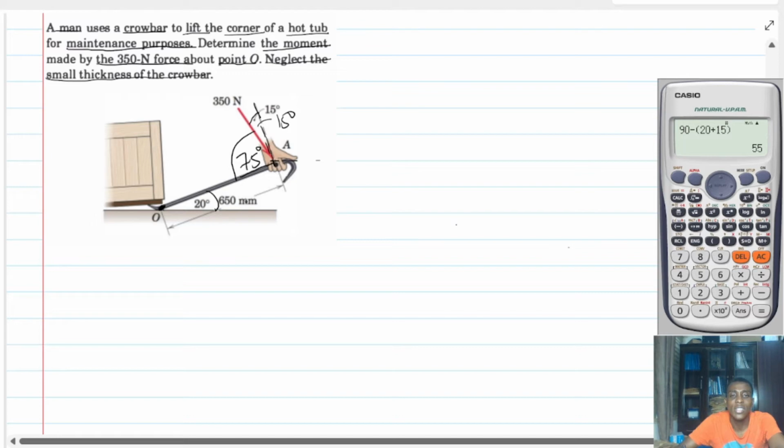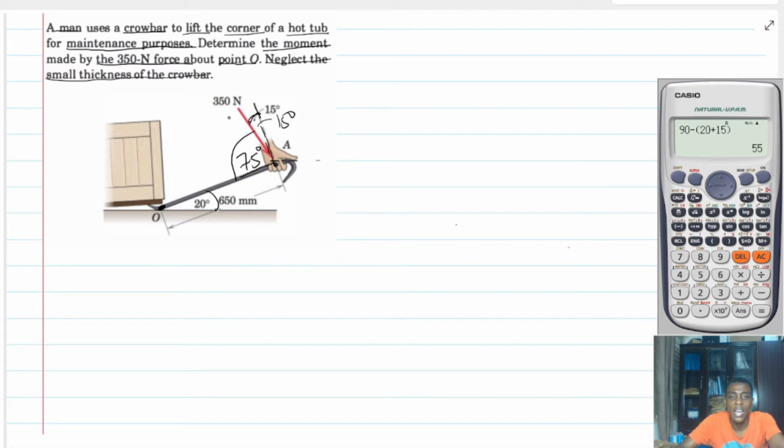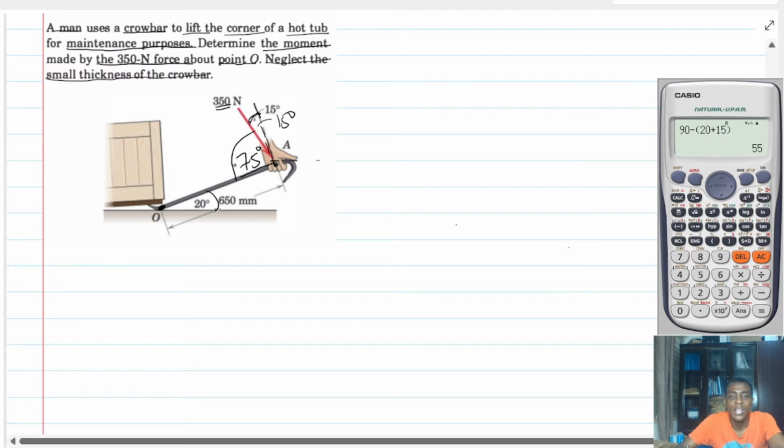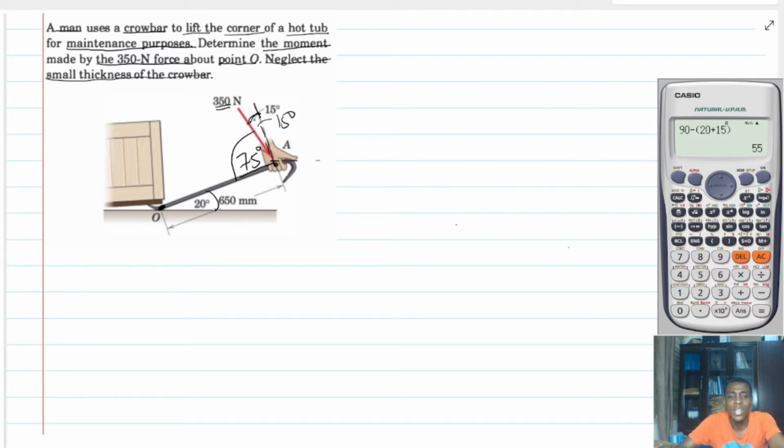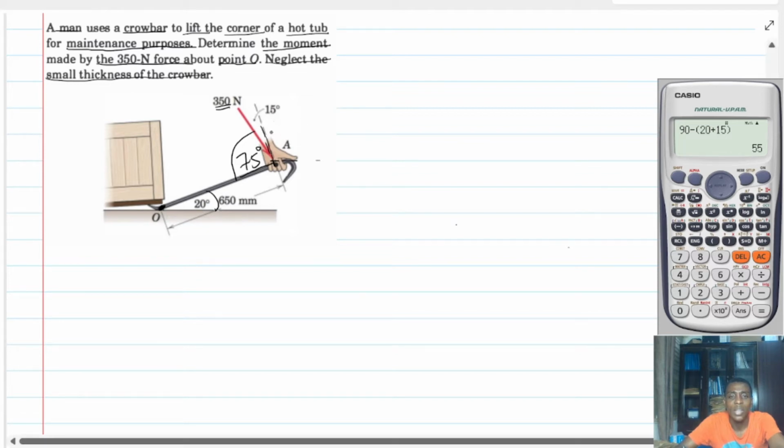So what we are trying to say is that this small angle here is 15. Therefore, this angle here must be what? 75. And this 75 is the angle that the 350 makes with the bar. Now, this is what we will do. We are going to resolve the 350 perpendicular to the bar and then parallel to the bar. So this is what we want to do. We are saying that this angle is 75 and we want to resolve this force along and then